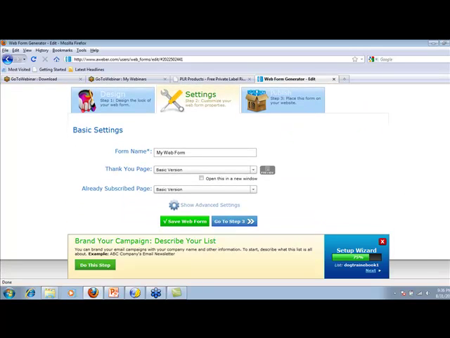Now your form name, this is just going to be seen by you, and it's smart if you put in multiple form names, so you can test results and test what your opt-in rates are or different things of that nature. So what we're going to do here is put in dog training right here, and we're going to choose a